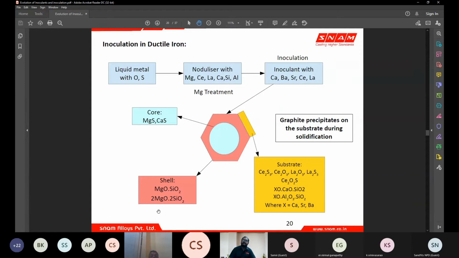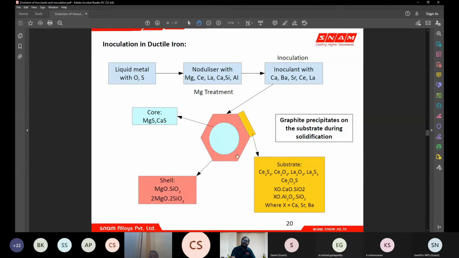So this is in ductile iron. In ductile iron you have got oxygen and sulfur. You have got oxygen and sulfur in gray cast iron also. And ductile iron will have more oxygen because you undergo ductile iron treatment, which makes it violent. So that makes it more aspirating. So nascent oxygen will be comparatively more with ductile iron. So you do a nodularizing treatment where you add all these elements in the magnesium treatment. Then you do inoculation of these things.